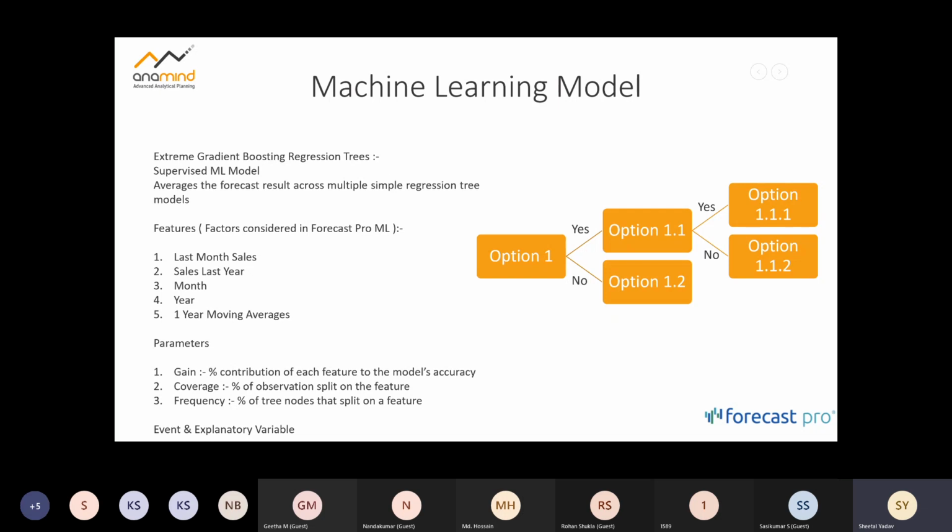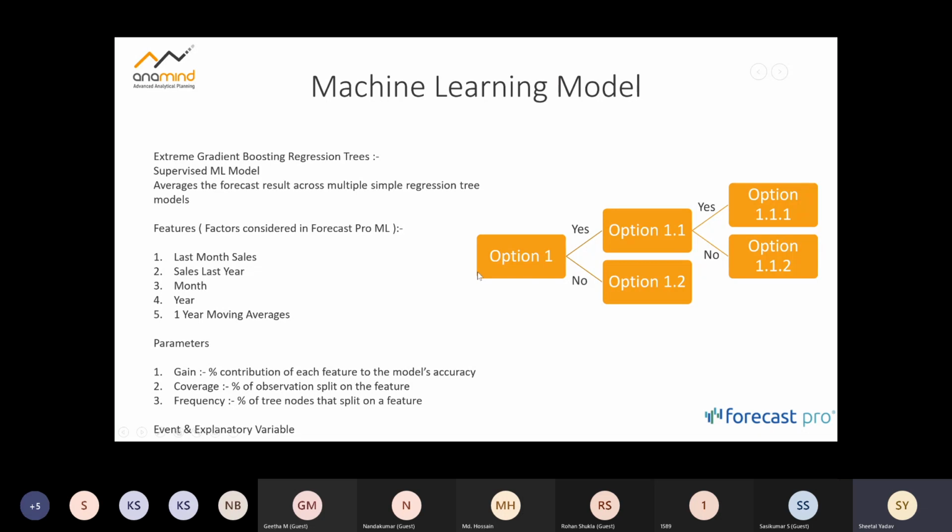So they have incorporated this technique, and what does this technique do? I'll be discussing it in a gist over here. But there is a complete in-depth video by Forecast Stream, and I would highly recommend you all to look at that video to get a detailed understanding of the model. But just to talk at a high level, what does this model do? It builds regression trees, and based on the regression trees' results, it will average the forecast based on the outputs from each of the regression trees.